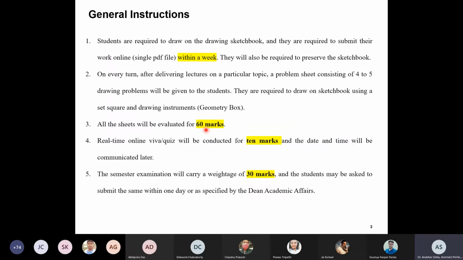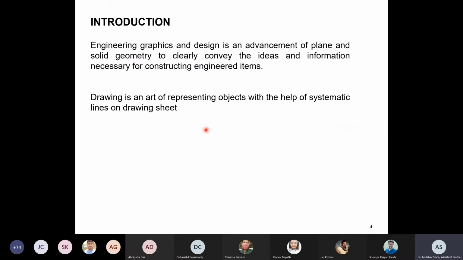That's one instruction. Okay, now let us talk about the subject. The idea is that as an engineer, you will design some objects, right? So how do you convey that? How do you tell someone to manufacture that part, or see whether that part will fit in an assembly? The conventional way is that you make a drawing of that part or any object you have. Even civil engineers are designing some buildings or architectural components.